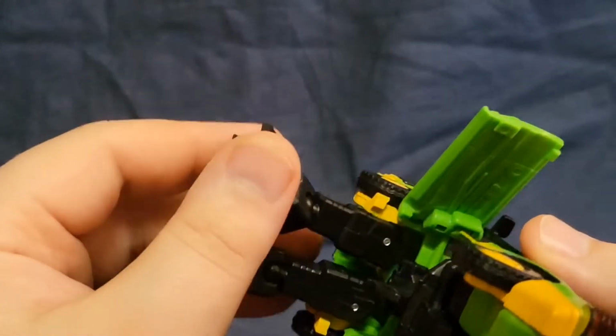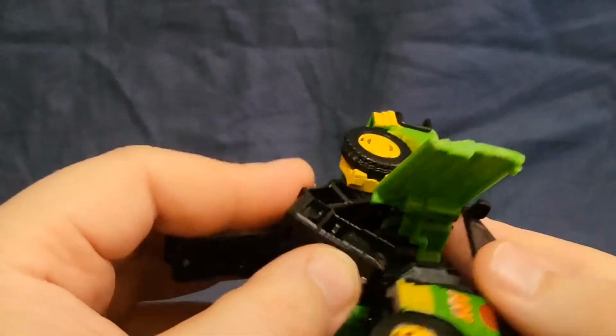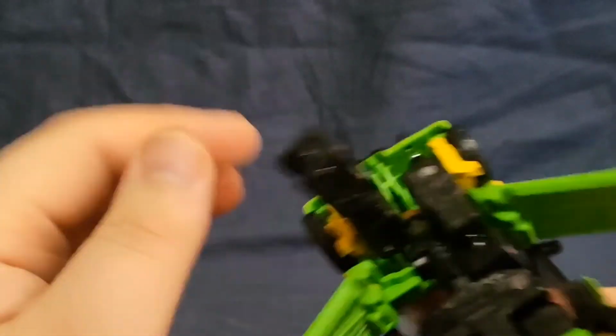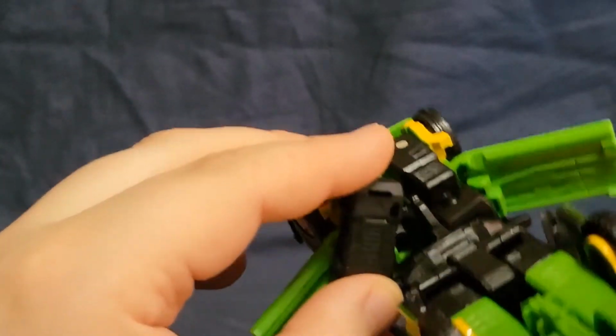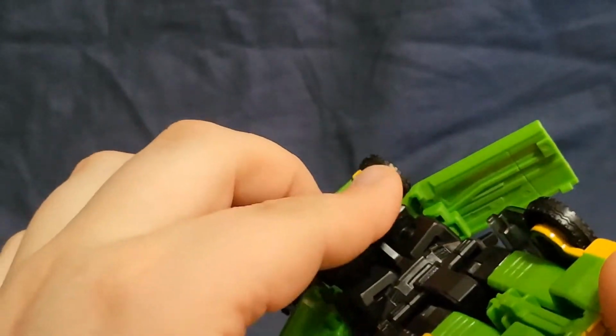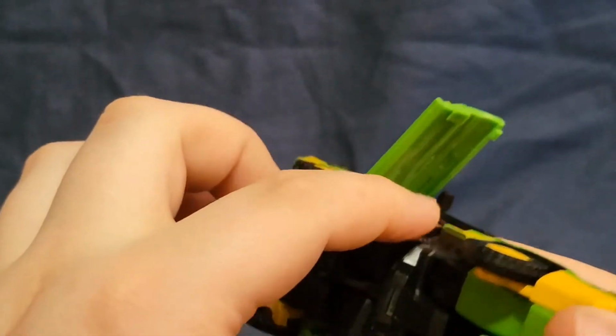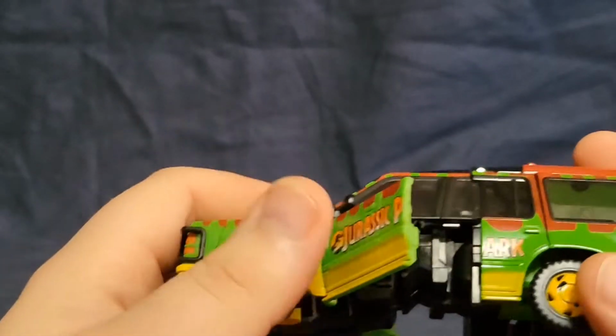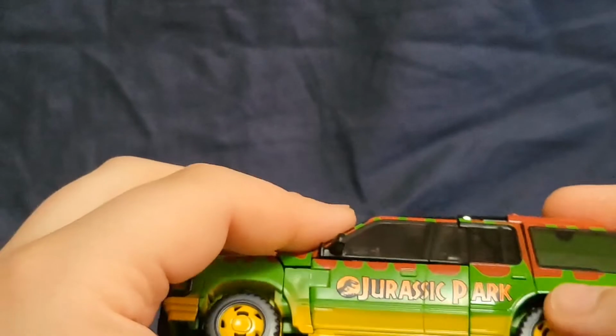For the arms, you fold at the elbow and just tuck them up inside where you'd expect the seats to be. You can angle them out to the side and then roll them in like that if you'd like, and just kind of push them in. They don't lock in anywhere, but they're going to be up in there. They're going to be secure. They're not falling out. And then we can go ahead and shut the doors,